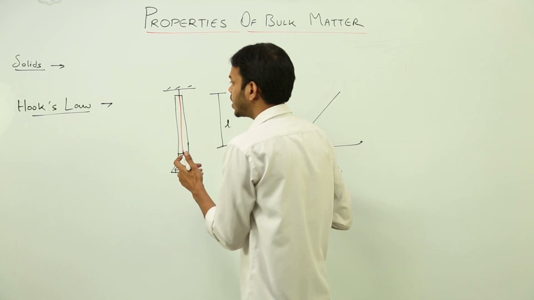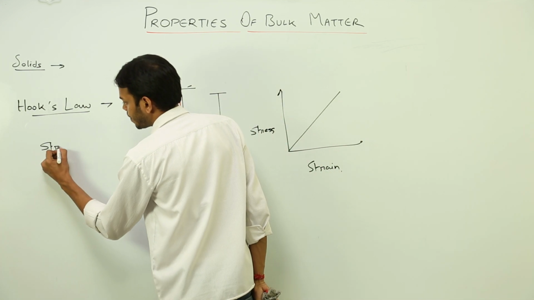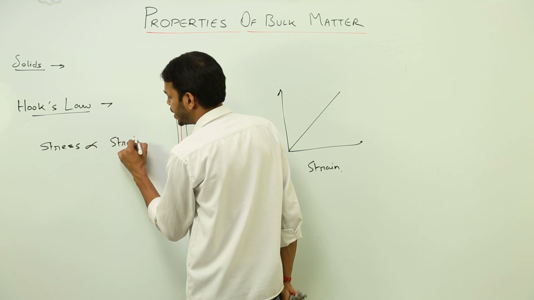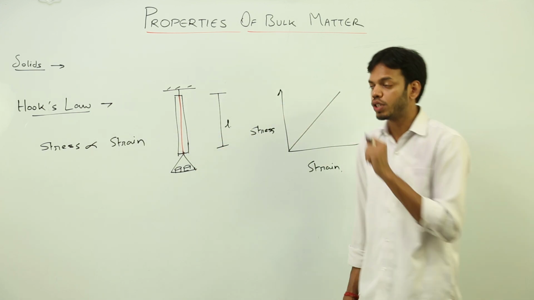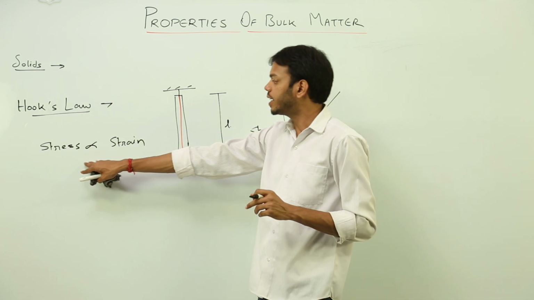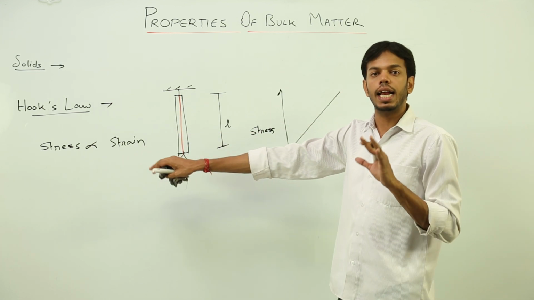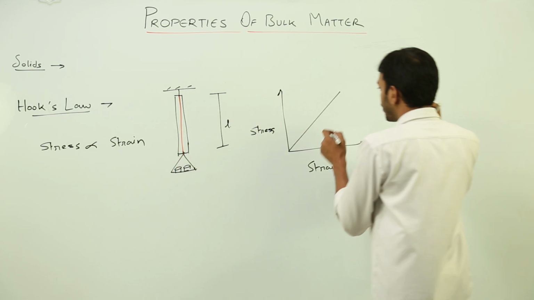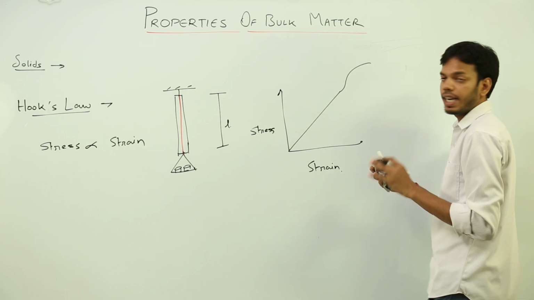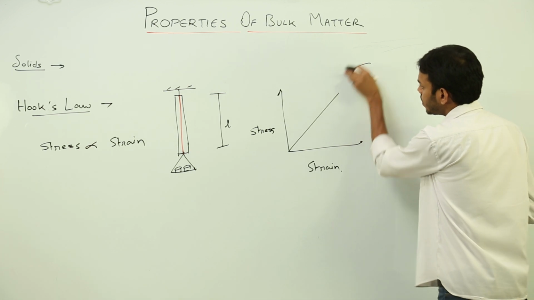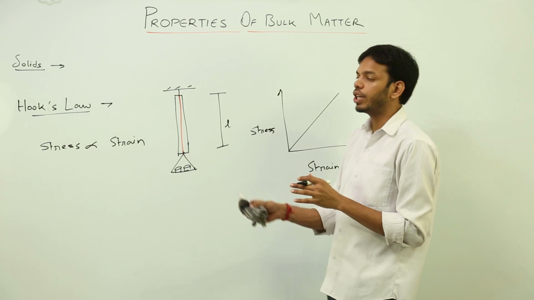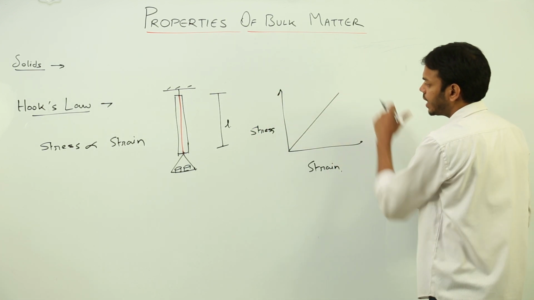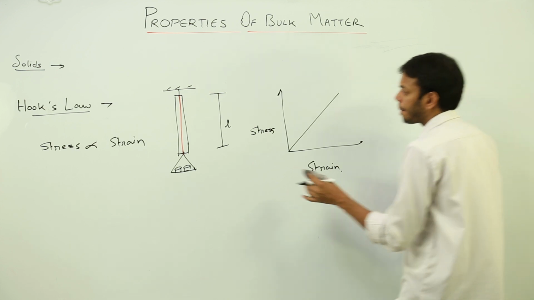So what's Hooke's definition? Stress is directly proportional to strain, but we have a condition applied here, that small star you see, asterisk sign. The stress is directly proportional to strain only under elastic limit. After elastic limit, stress is not directly proportional to strain, because the graph goes something like that. It goes weird, okay? So till now the definition according to Hooke's law is, under elastic limit, stress is directly proportional to strain, and this is the graph which we'll be seeing.